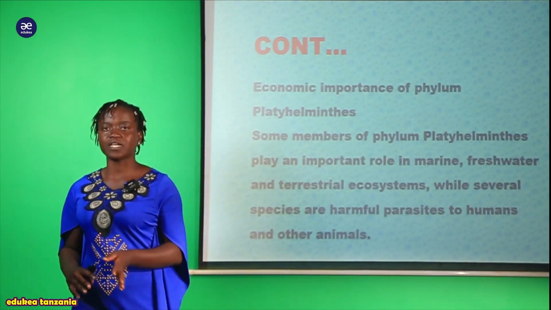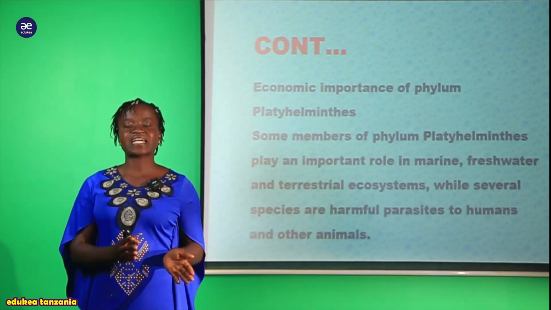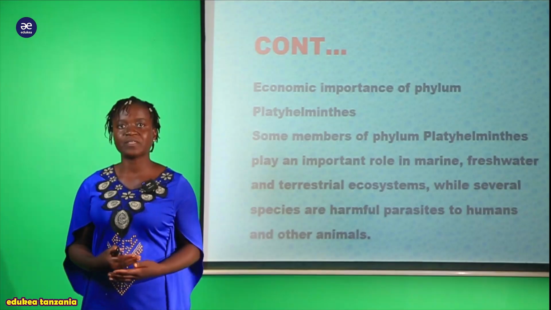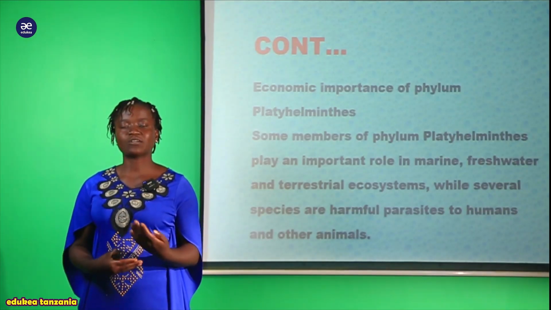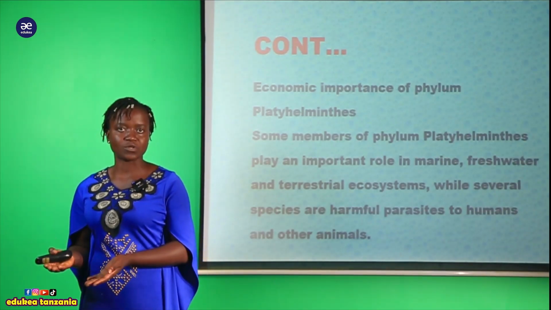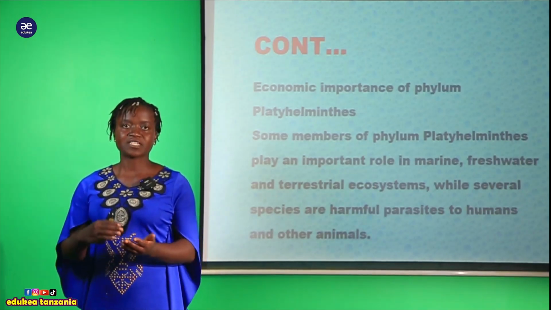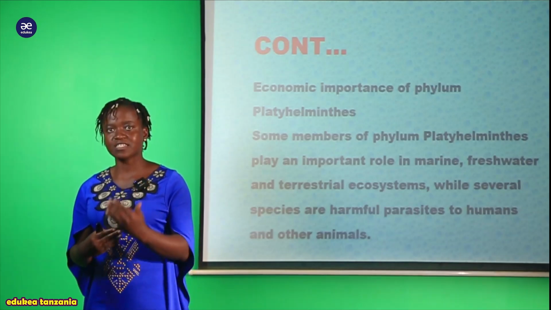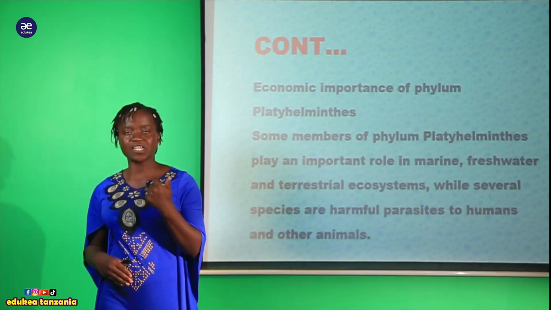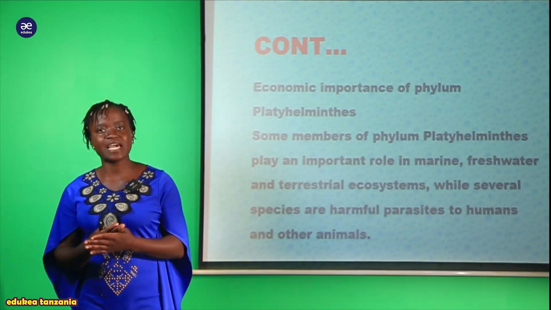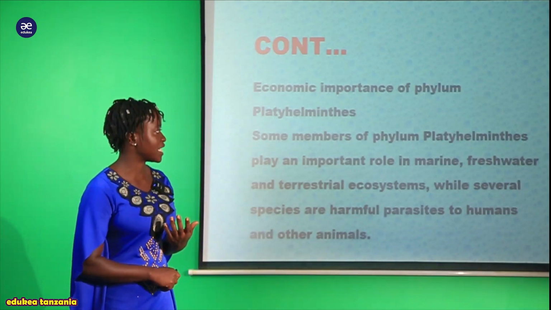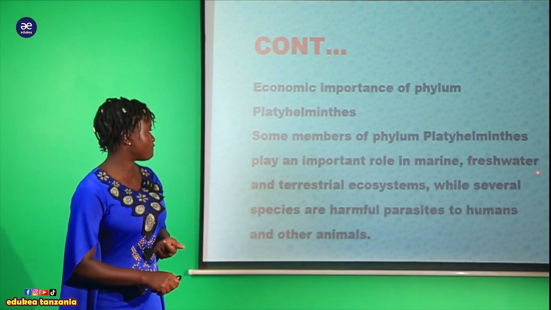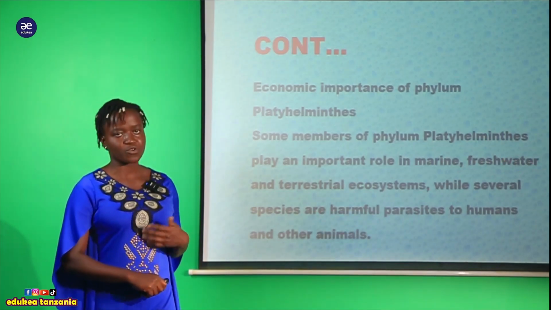As we have seen in the different classes, there are different kinds of organisms that can live in a parasitic mode. A good example, we have seen the tapeworm and the liver fluke, how they can colonize different kinds of environment in their host. A good example in the human being, it can colonize within the liver and bring an effect within the liver cells. Not only that, we have other organisms that bring a stable environment within the aquatic environment. A good example here, we have marine, also freshwater and terrestrial ecosystems.